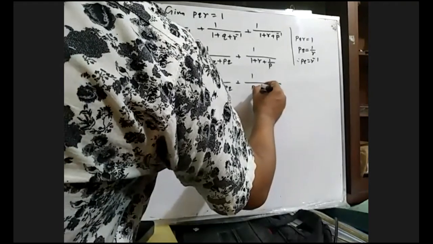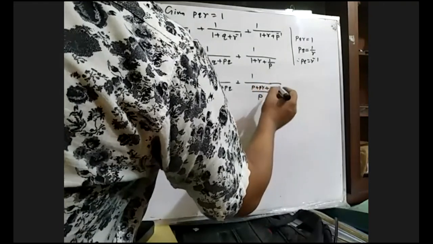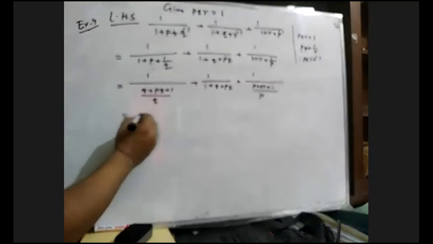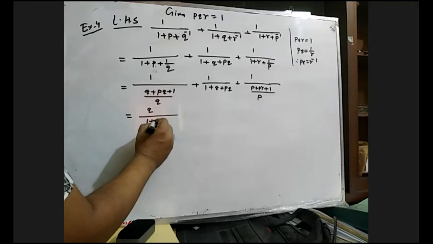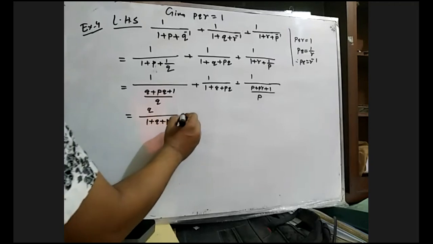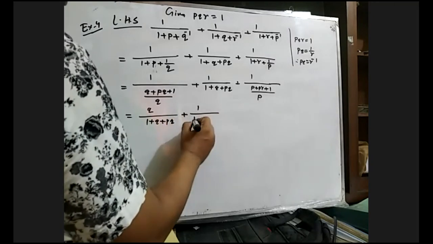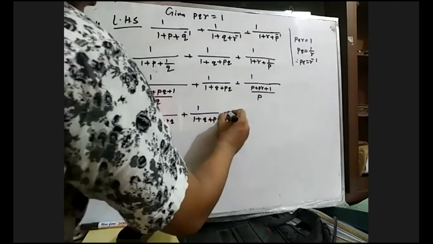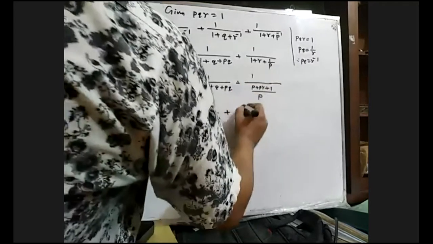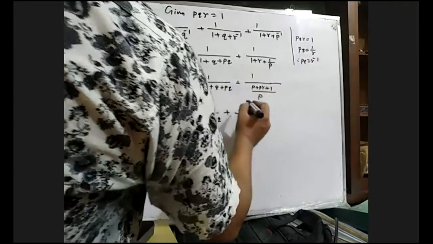P plus PR plus 1. Okay. So Q divided by 1 plus Q plus PQ, plus 1 divided by 1 plus Q plus PQ, plus this can be written as P divided by